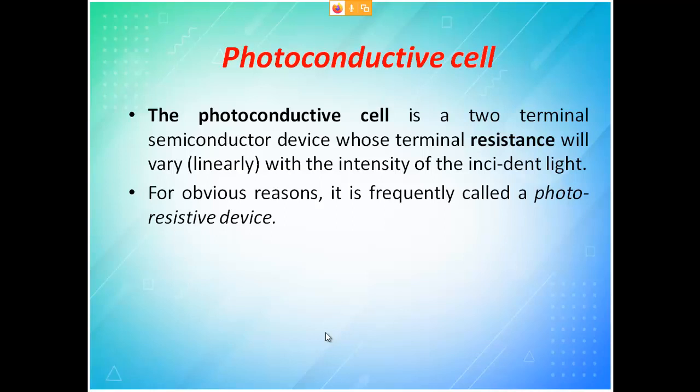Now what happens is, this depletion region will decrease, or resistance will decrease. If the resistance decreases, automatically there will be a current flow. This is the principle in the photoconductive cell. That is what we mean to say, a two terminal semiconductor device whose terminal resistance will vary with the intensity